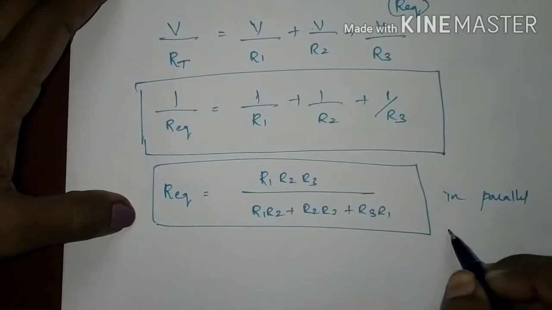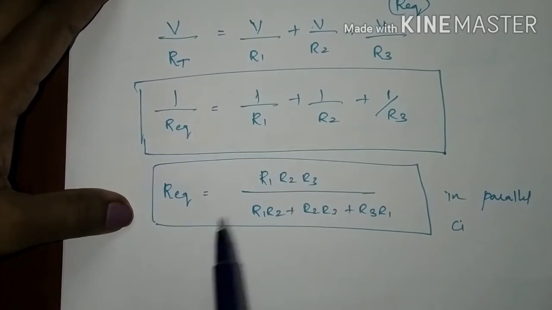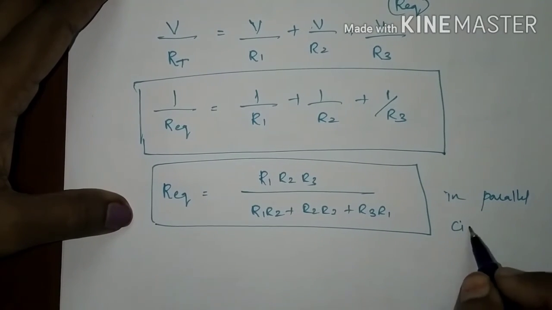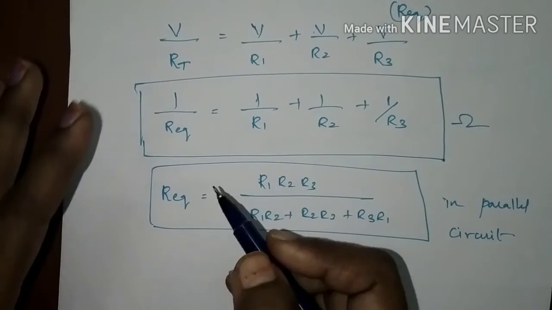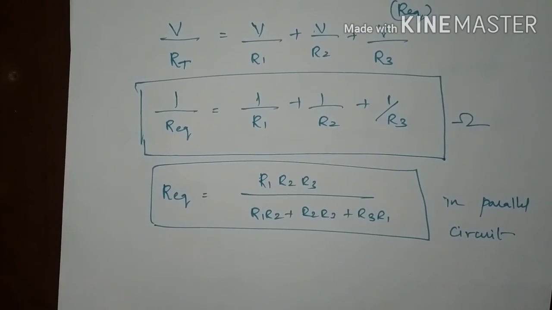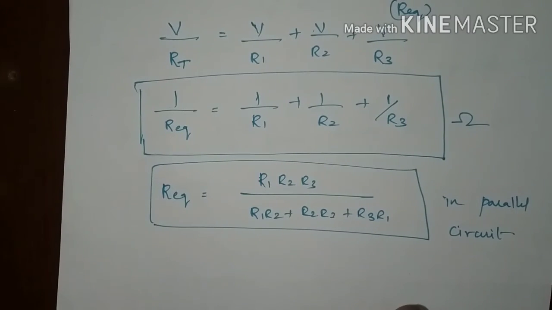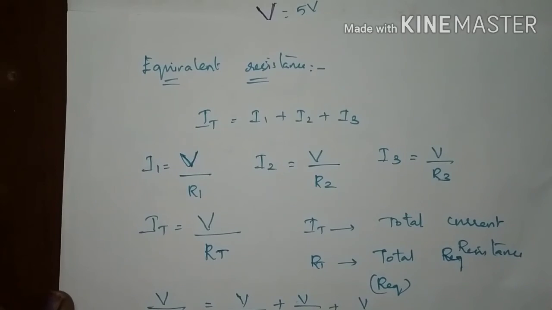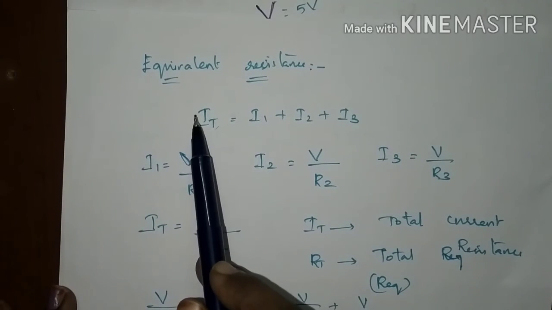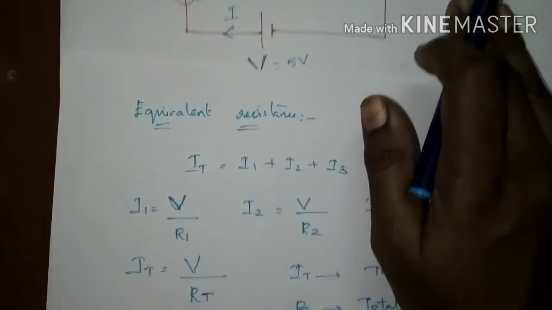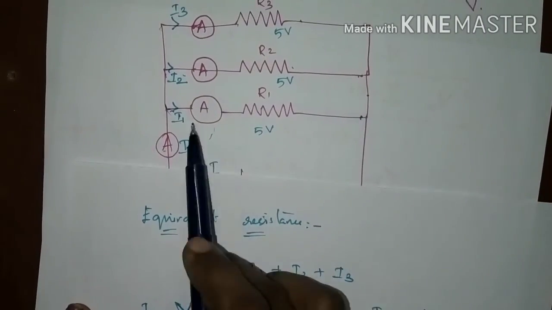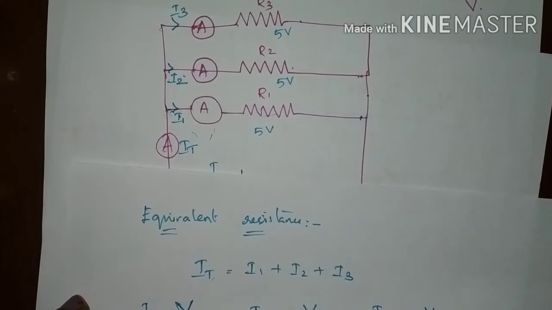In the parallel circuit, the resistance can be found by this formula or that formula, irrespective of the resistances connected in the circuit. By using this method, we can find the equivalent resistance in the parallel circuit, and also the total current flowing in the parallel circuit, and we can also find the current flowing separately through each element present in the circuit by using Ohm's law.